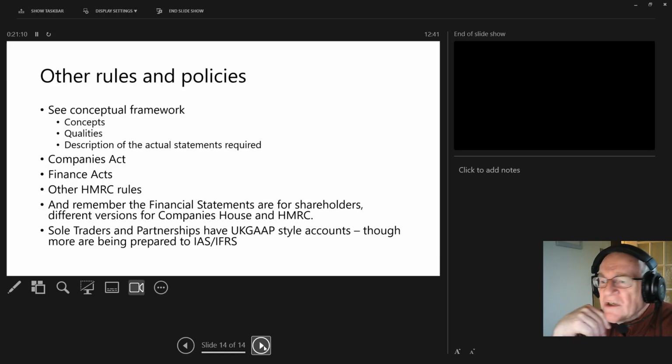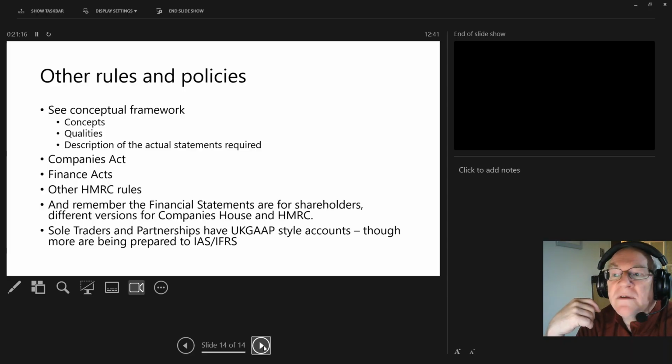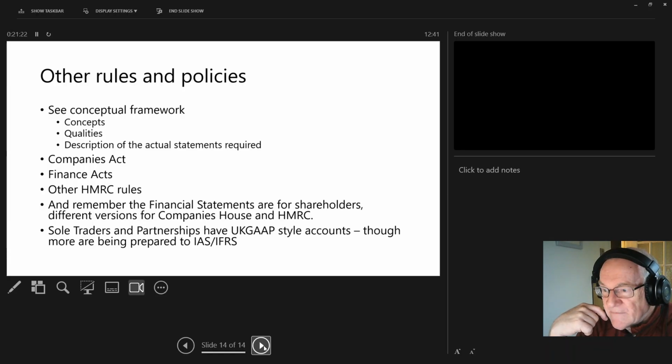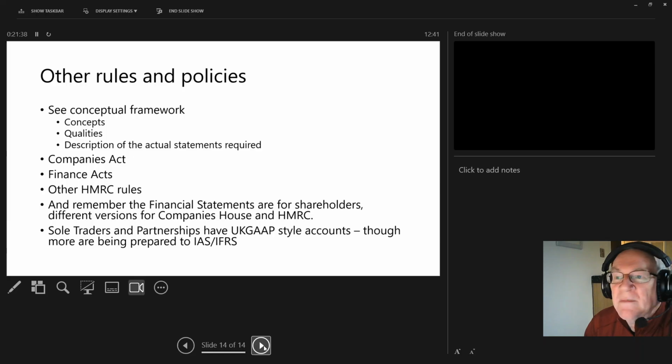So, I did mention earlier, sole traders and partnerships use UK GAAP style accounts, but you still are ethical, you still use the conceptual framework, they're still verifiable, they are still ethically created. But having said that, I do know that more accountants are actually just reducing and simplifying the older style accounts and just grouping together the expenses as per the IFRS 18 layout, and that's pretty much a wrap.